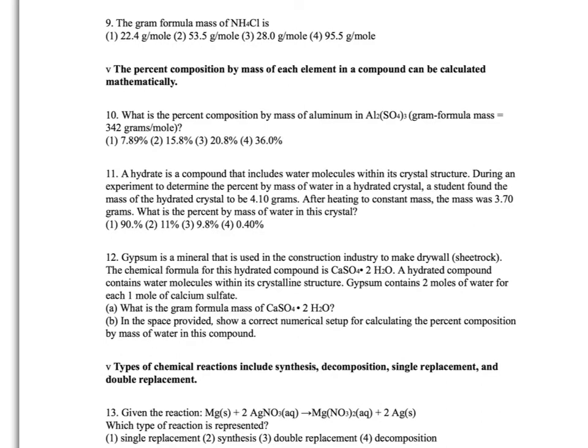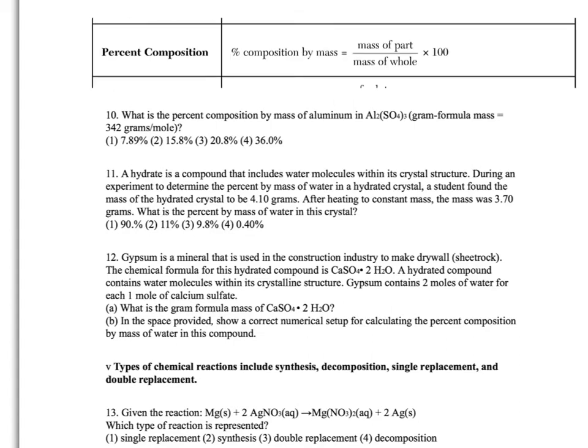Question number 10, we're asked to find the percent composition by mass. Recall that percent composition, this is a calculation, and equations necessary for calculations are found in reference table T of your reference table. So here, reference table T gives us the equation of the mass of part over the mass of whole times 100. In this question, we're looking for the mass of